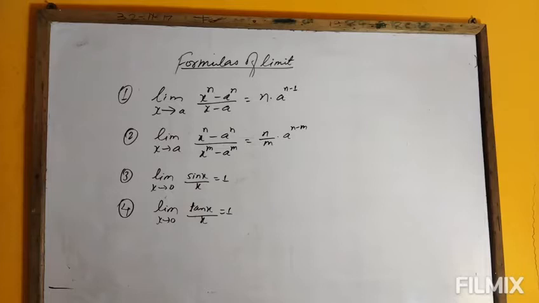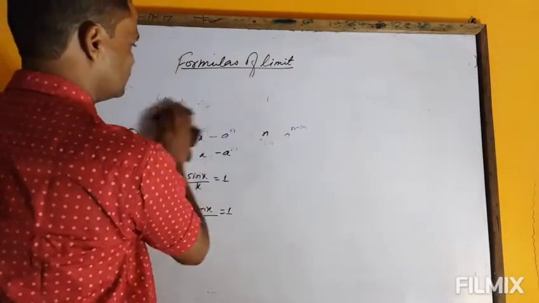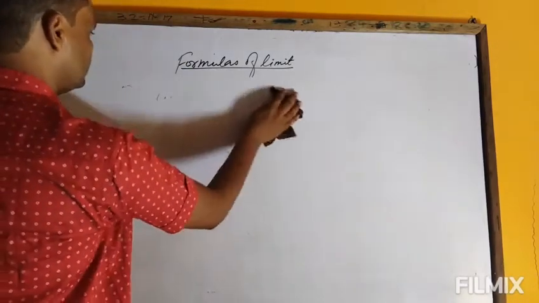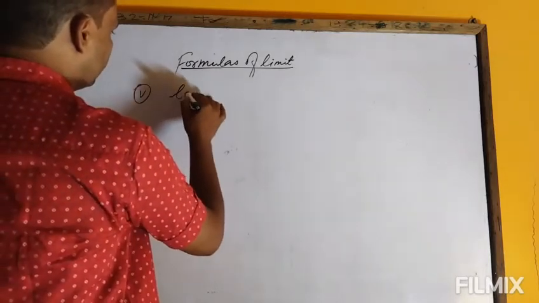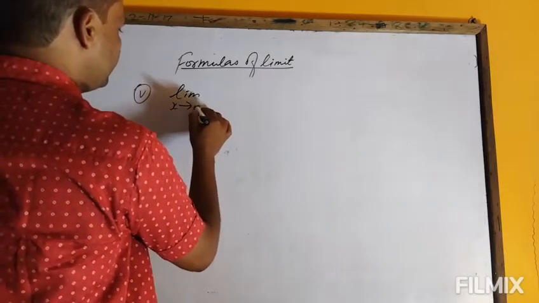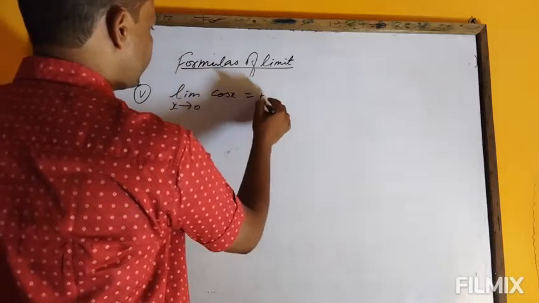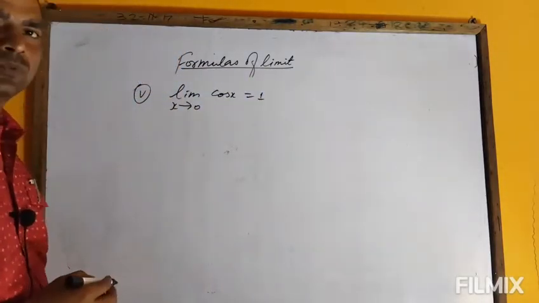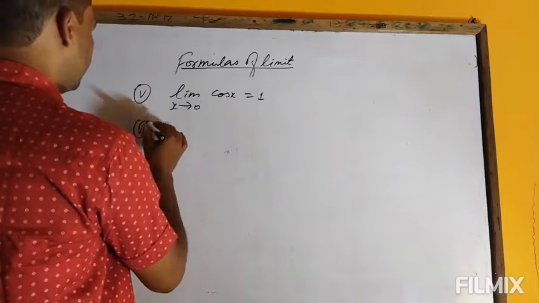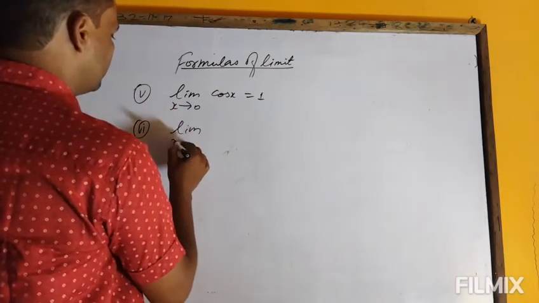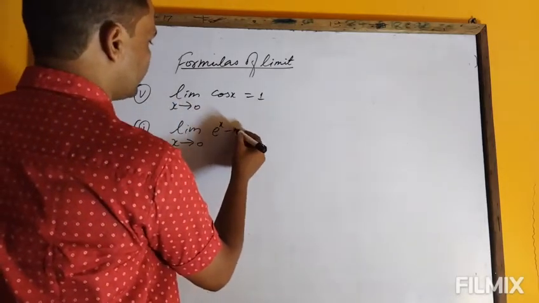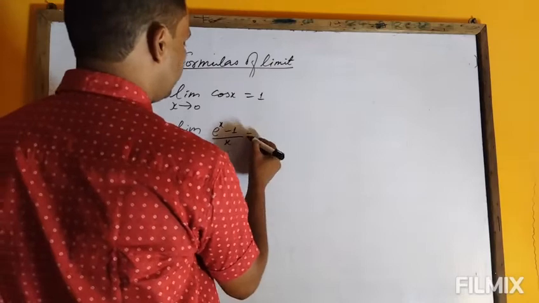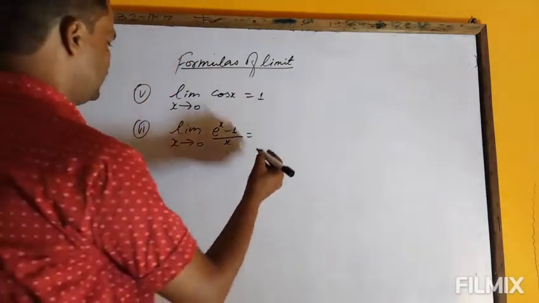ओके, फिफ्थ, limit x tends to 0 cos x is equal to 1। Sixth, limit x tends to 0 e to the power x minus 1 by x is equal to 1।